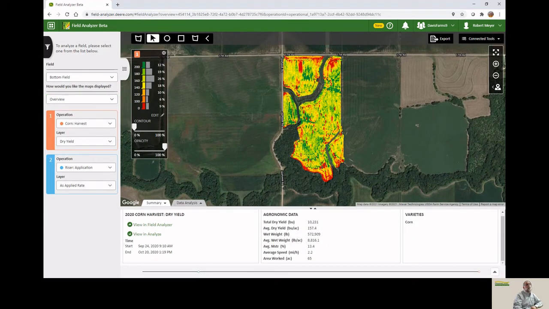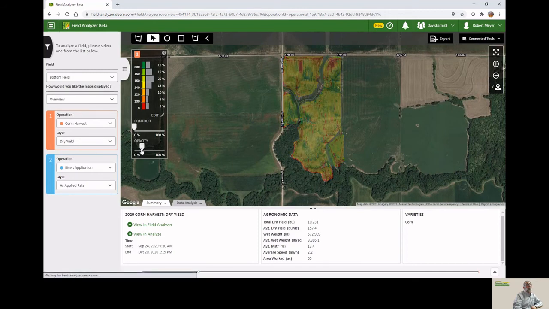We've kind of looked at some of these things. We're going to go up here and look at one last thing. We've got the Agrarian Prescription Creator. You can go here to get that. It takes a little while to open, so we're not going to go there today. One other quick little thing, you can change from map to satellite. Map is just basically the roads with whatever your operation is here. I like looking at the satellite imagery because with the opacity, I can turn this down and look behind the yield map